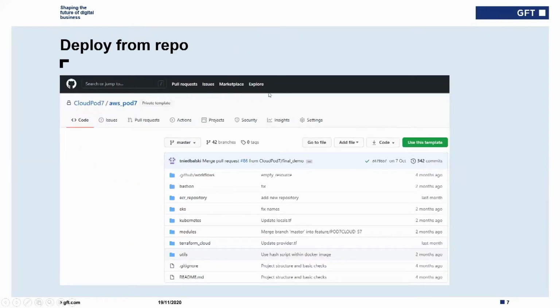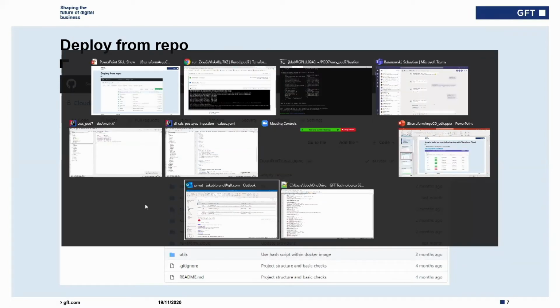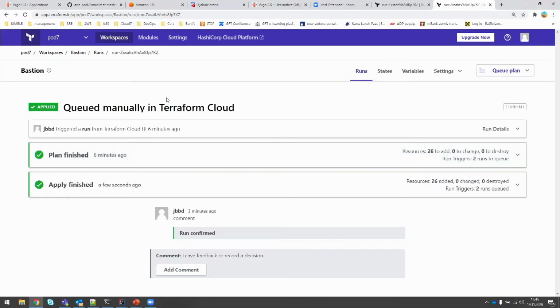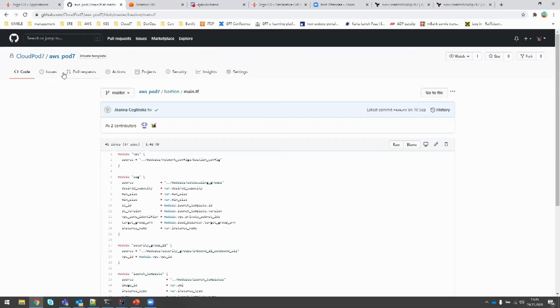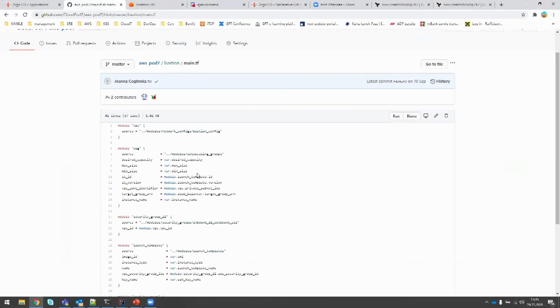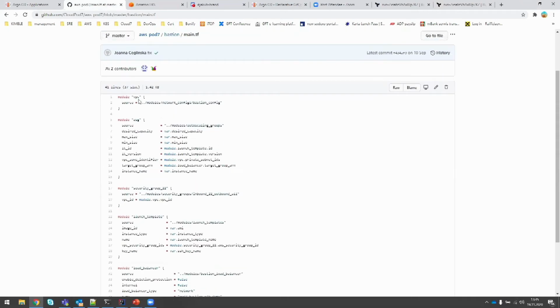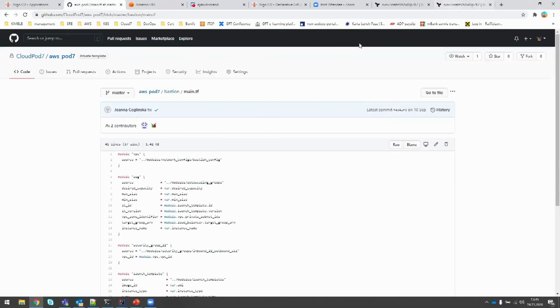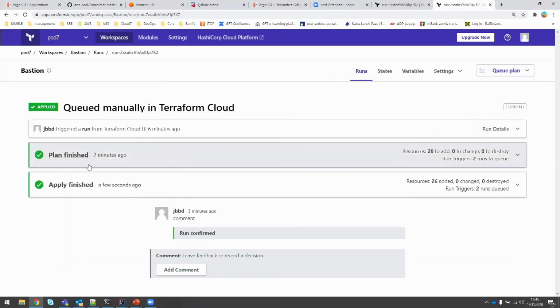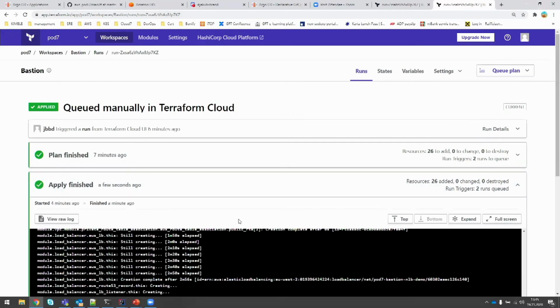Deploy from repository. I mentioned that, but let me mention that once more. That's the whole point of having Terraform Cloud. You commit something to your code, you change something that you would like to change, maybe you change the name of the module. Straight away, Terraform Cloud will figure out what is going on there and how it's being done, and it will tell you straight away what is being done, and the plan will be done automatically as well, which is great.